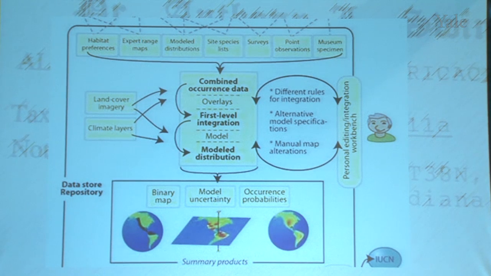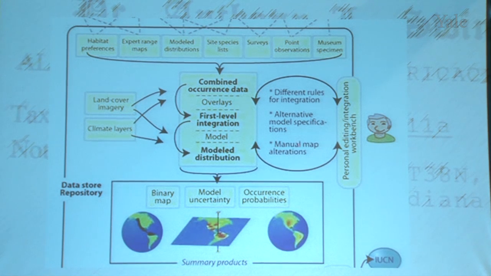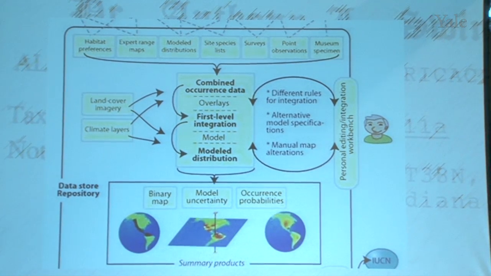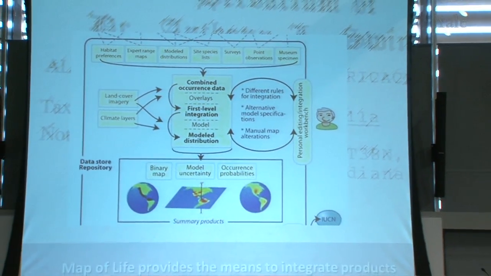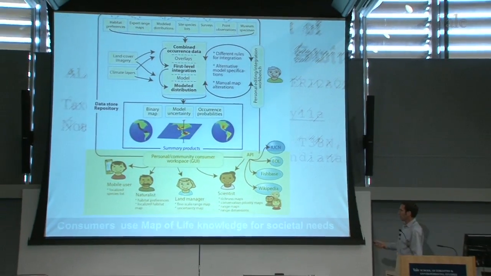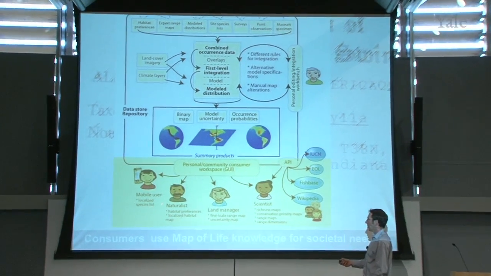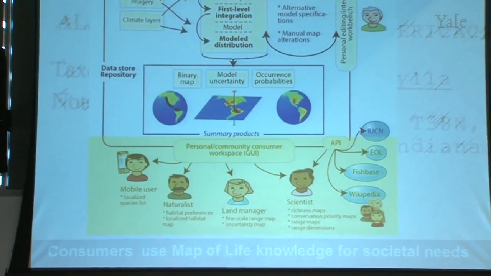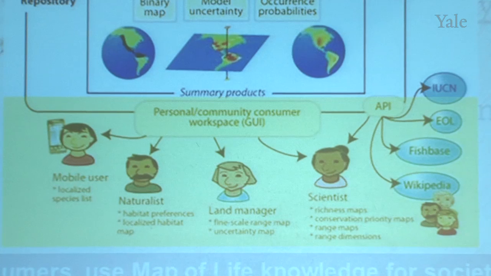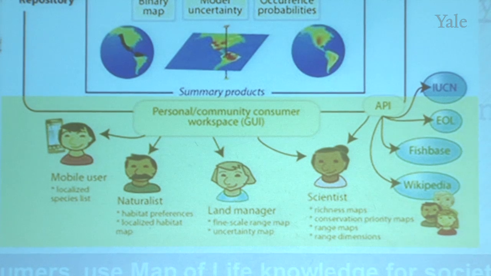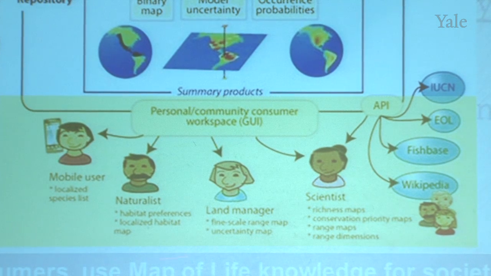I also want to point out again the importance of having workbenches where users can interact with these data and other kinds of ancillary information to create their own models and do their own map alterations. And very importantly, at the back end, we have all these different use cases for people who want to come in and use these data, whether it's a mobile user generating a localized species list while going to a national park, a naturalist who wants habitat preference data for a taxon or localized habitat maps, or a land manager or scientist. These are all fed to these